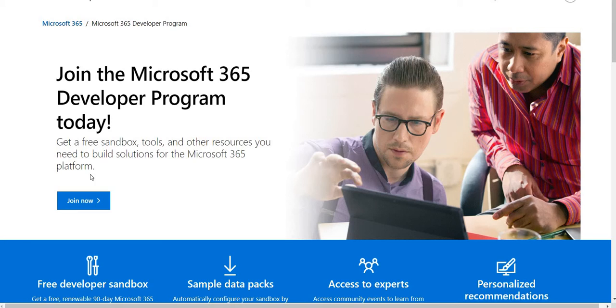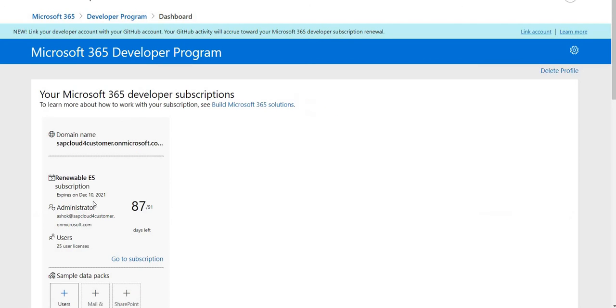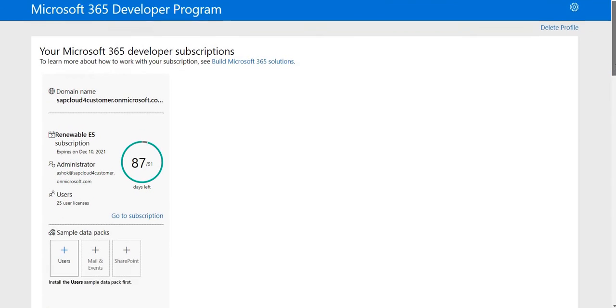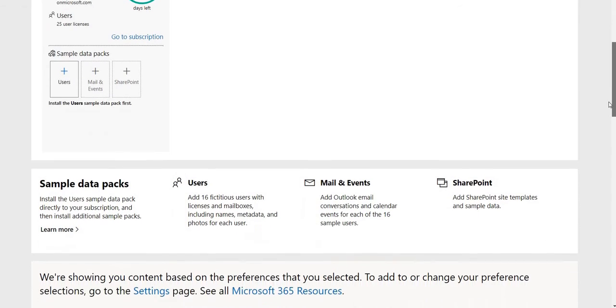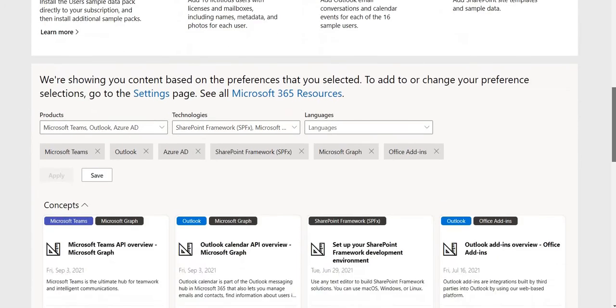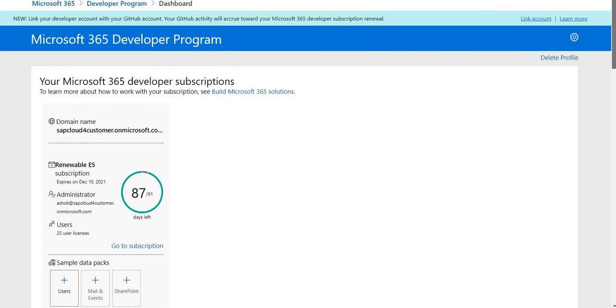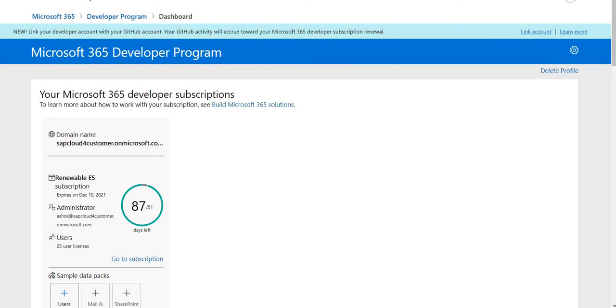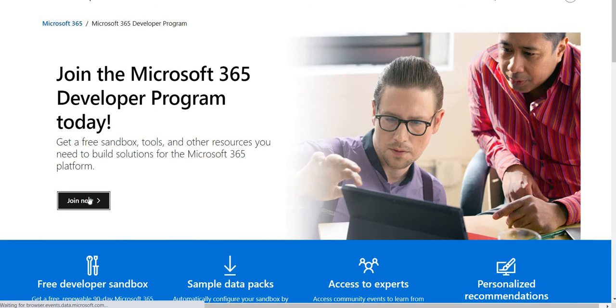link, and you have to click on join now. This is a developer account which will be created from Microsoft. By default, I have created the initial setup over here where things have already been incorporated. So I just want to showcase how things work. So once you click on join now, it directs you to the